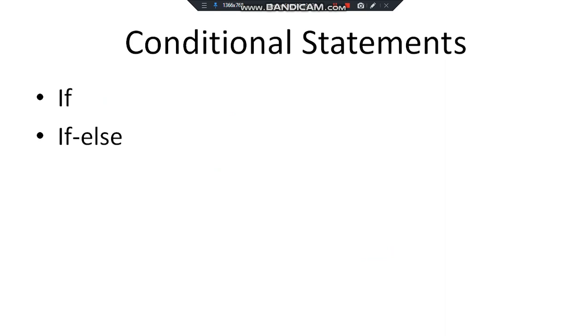Let us move ahead and try to understand the condition statements. if is one of the condition statements used in the C programming language. Over here, we are interested in checking a particular condition. If that particular condition is true, let us say if A is equal to B, at that time we do some activity, we execute some statement.